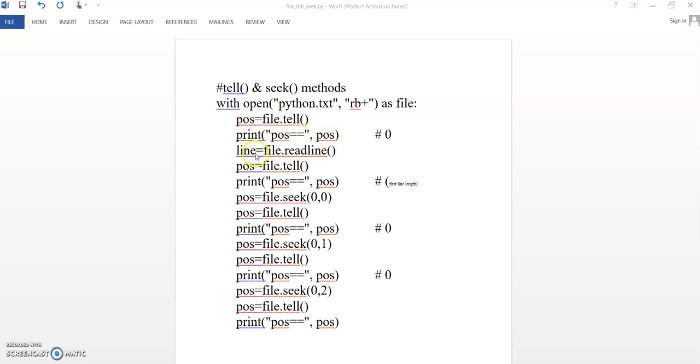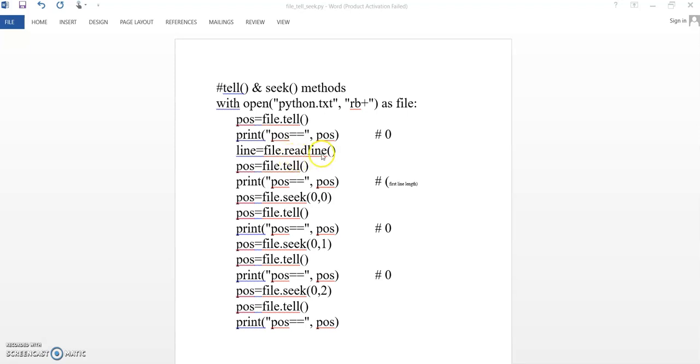After that, line equals file dot readline. The readline function will read the first line and store it in the line variable, and then POS equals file dot tell determines the position of the file pointer.